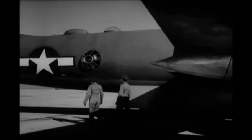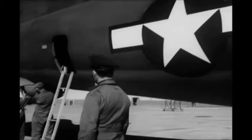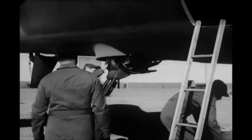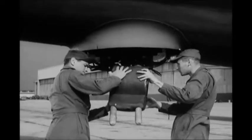But now the pilot and the co-pilot continue their tour around the plane. They have a lot to check. Hatches, windows, control surfaces, trim tabs, inspection plates, and doors. But the pilot and co-pilot aren't the only crew members with inspections to make. The gunners, for example, besides helping the pilot check the airplane, must also be sure the guns and gun cameras